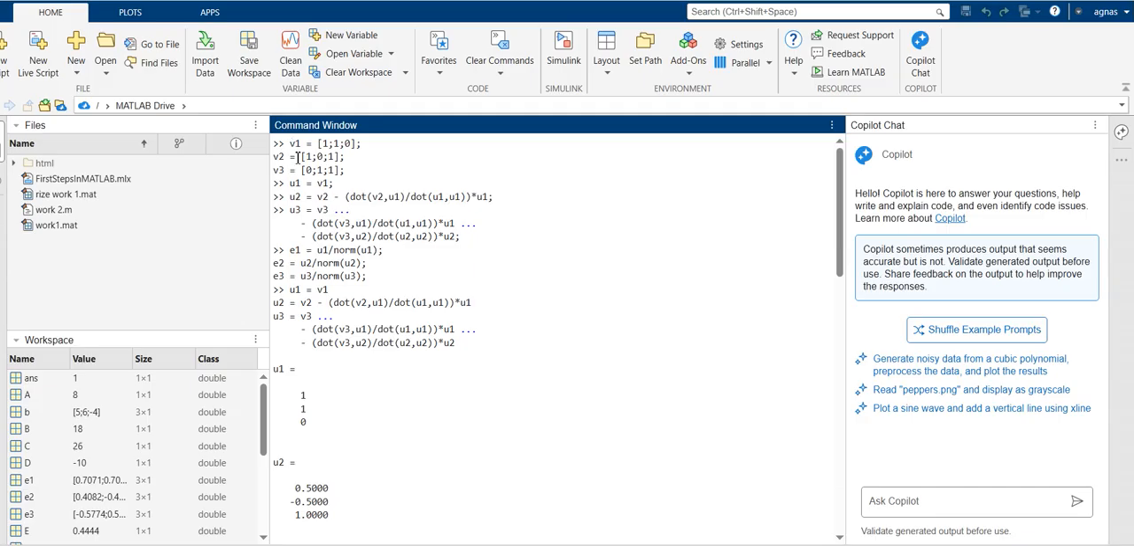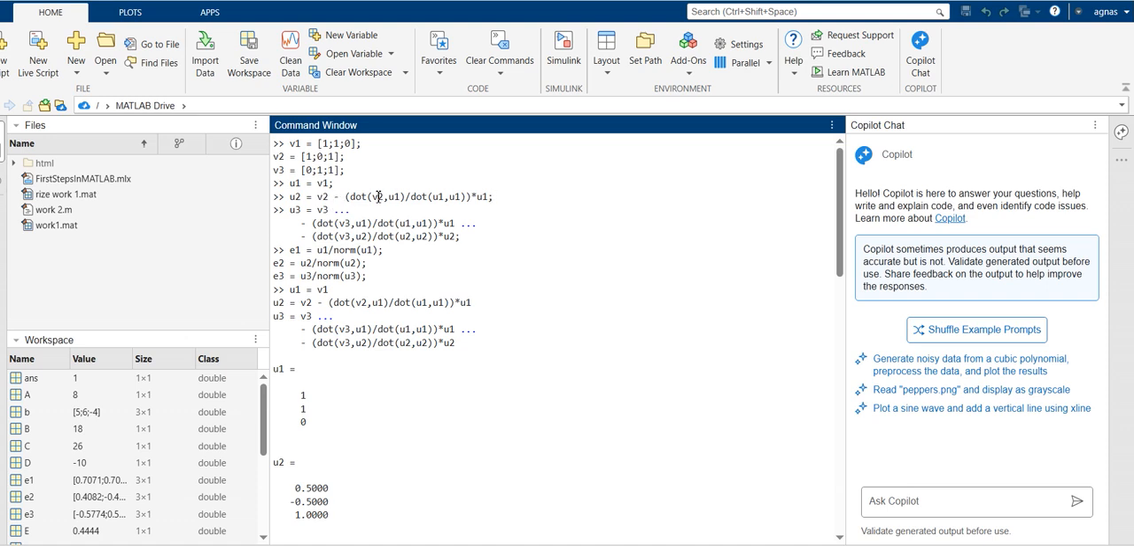So the first thing is v1, v2, v3. Here I am using the same vectors that I have used in our PPT example. You will get the same answer while doing it in MATLAB also. The first vector is 1, 1, 0, v2 is 1, 0, 1, and v3 is 0, 1, 1. And the next step is we put u1 equal to v1, and u2 equal to